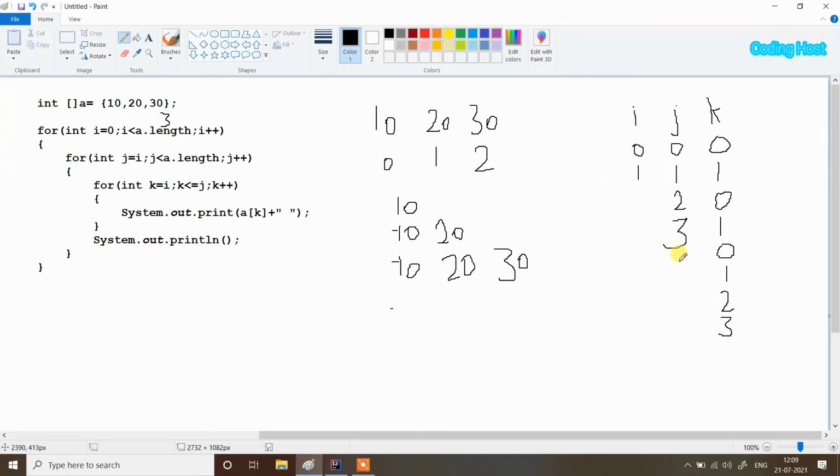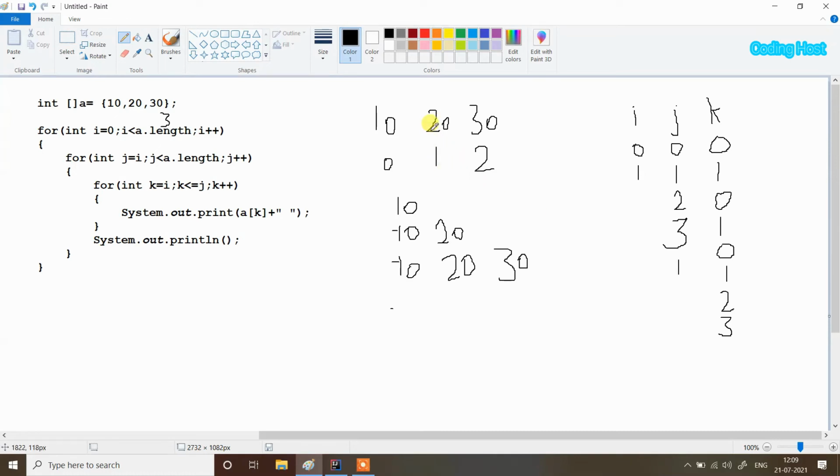So j will start from 1, and it will check that j is less than a.length. Yes, true, j is 1, and we again get inside our loop. And here again we will print all the elements starting from index i and up to index j. So here i is 1 and j is also 1. So it will only print one element, and it is at index 1.